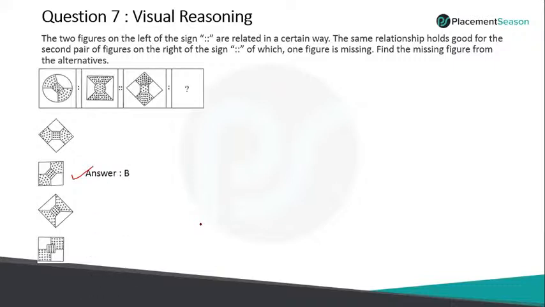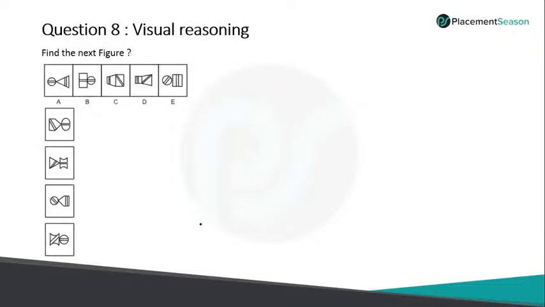Okay, next again visual reasoning. Find the next figure from A, B, C, D, E. They are asking for F, the next figure. So visual reasoning questions or non-verbal reasoning questions are again logic based questions. Logically, you need to think how the figure has been placed, how you have to look at the figure. Only then will you be able to arrive at the answer. Even if I'm explaining this question, the next figure you get will of course be different. Whatever question you get will be different. You have to logically approach that question.